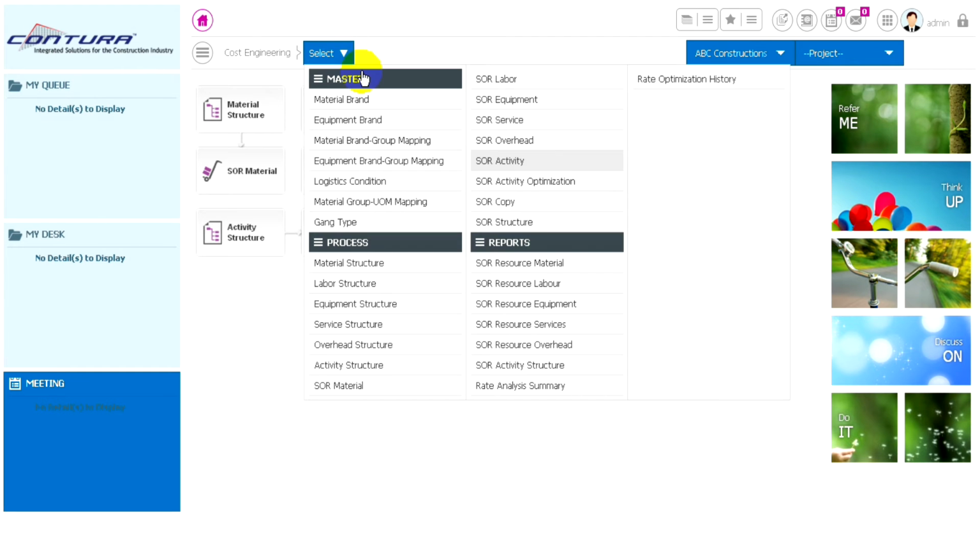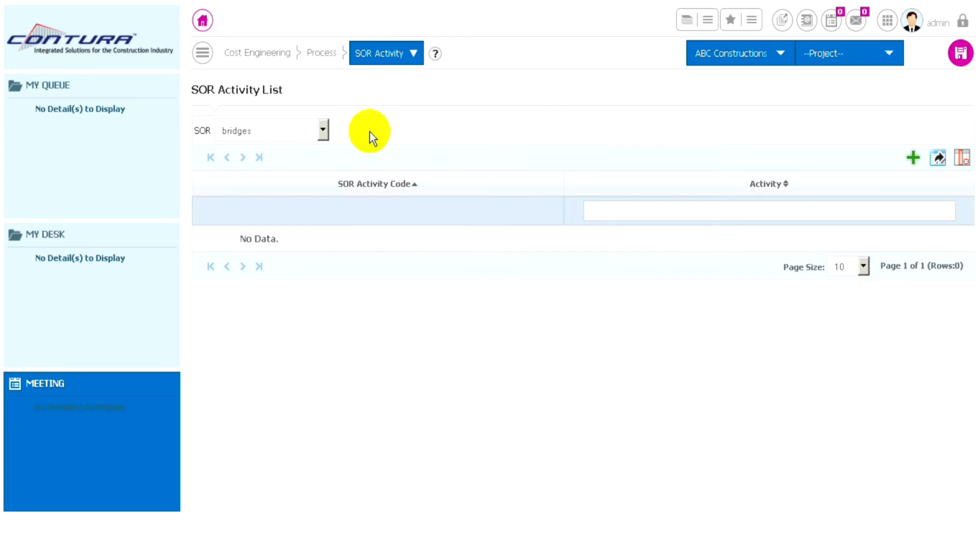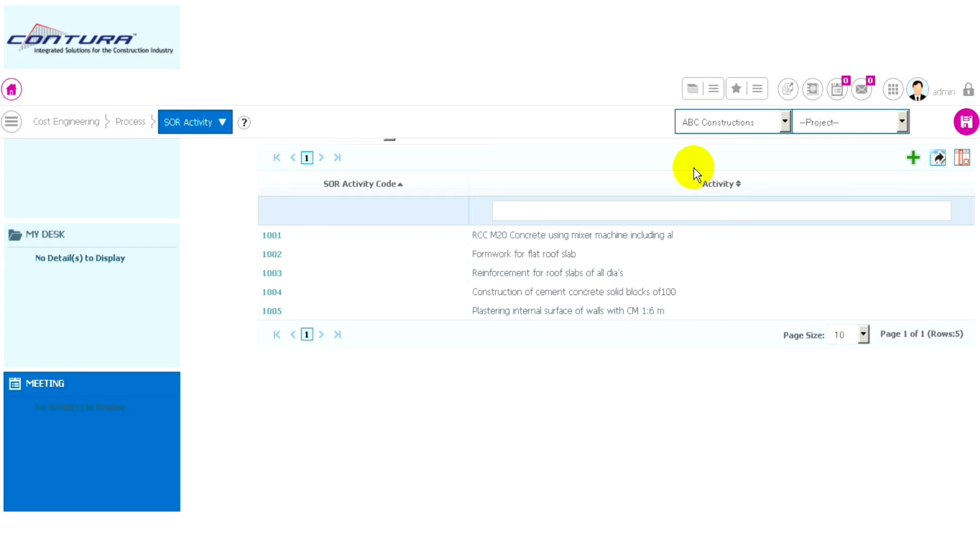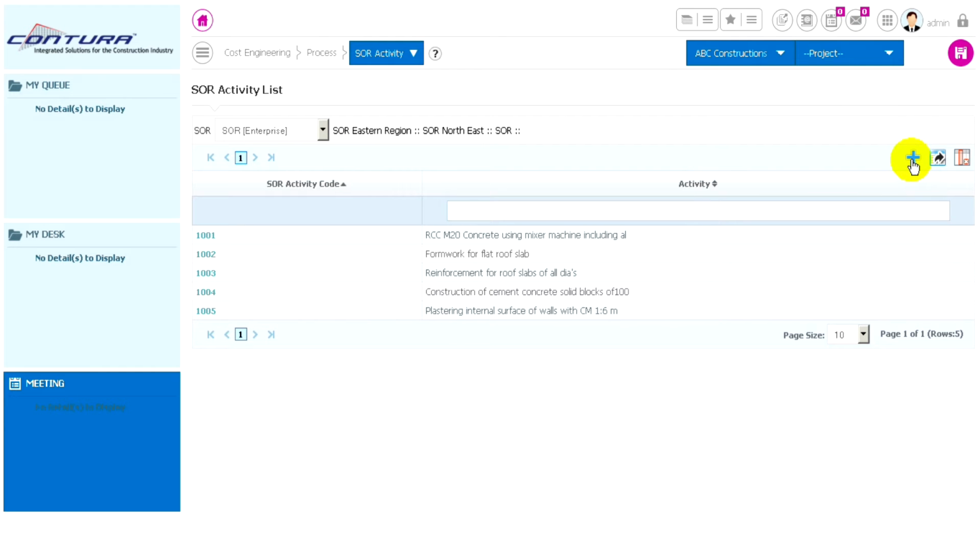Select SOR activity from process. Select the SOR for which the activities are to be defined. Click here to open a new record.